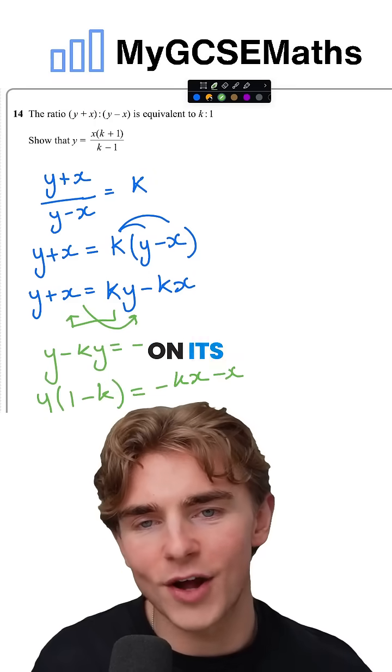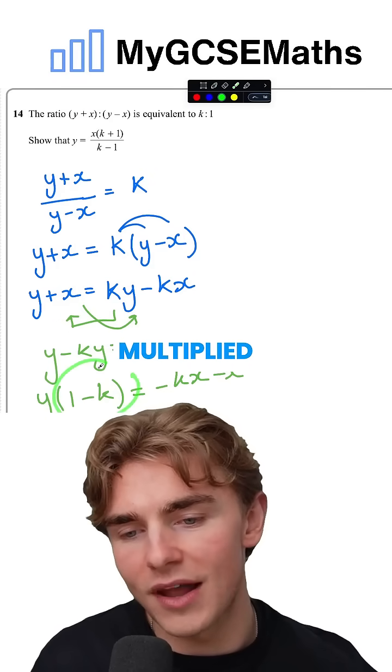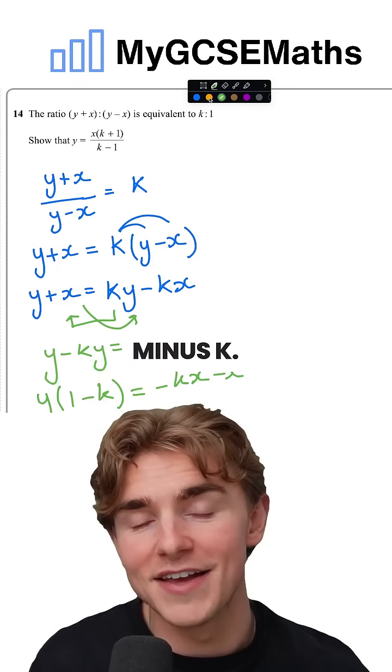Now, to get the y on its own, the y is being multiplied by 1 minus k. We can divide both